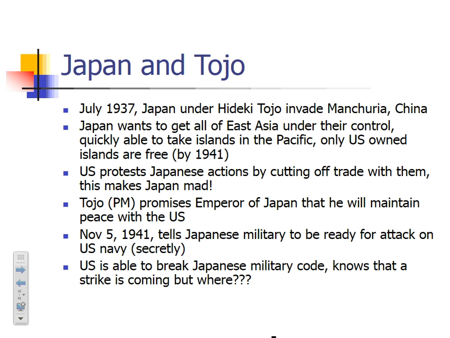So November 5th, 1941, the Japanese military begins secretly getting ready to attack the United States, and they plan on attacking all of the American-owned islands in the Pacific, and then Hawaii, and then from Hawaii launching an attack on the west coast of the United States. But in order to keep the United States in the dark and thinking that they all want to be buddies with us, they send an ambassador and a diplomatic mission over to the United States to meet with FDR. So FDR is meeting with the Japanese, who are talking about how we are sure we can work everything out, while at the same time, Japan is planning this massive attack on the United States